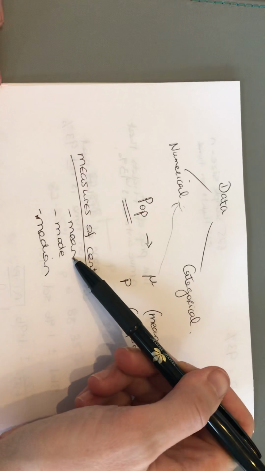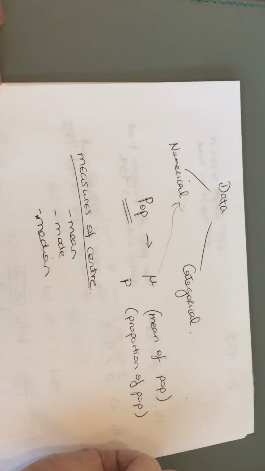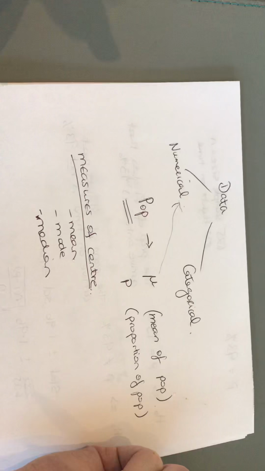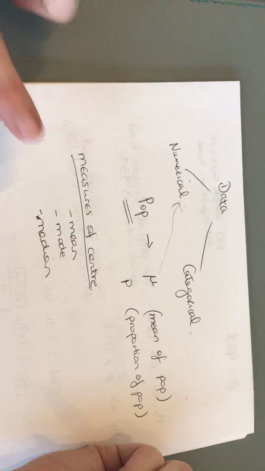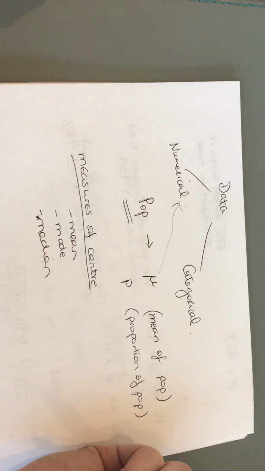You can use the mean. You can add up all your heights, if that's what I'd ask them. Add up all the heights and divide by the number of people that you have surveyed. You could get the mode. Mode is the most common height in the people that you've surveyed. And you could get the median. Median is when you put them in order from lowest to highest in numerical order and cross off first, last, first, last, first, last until you get to your middle number.